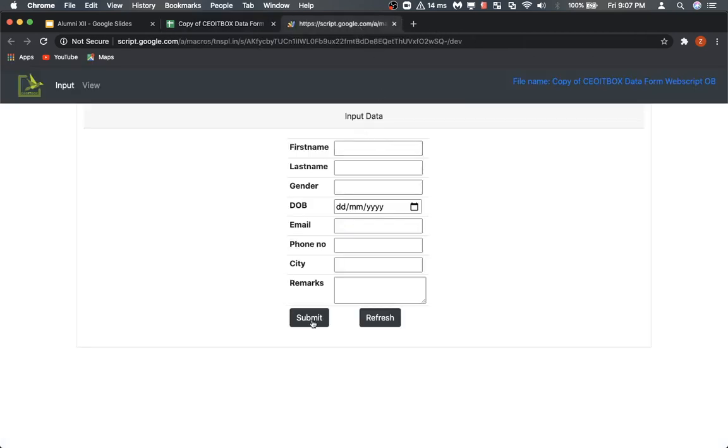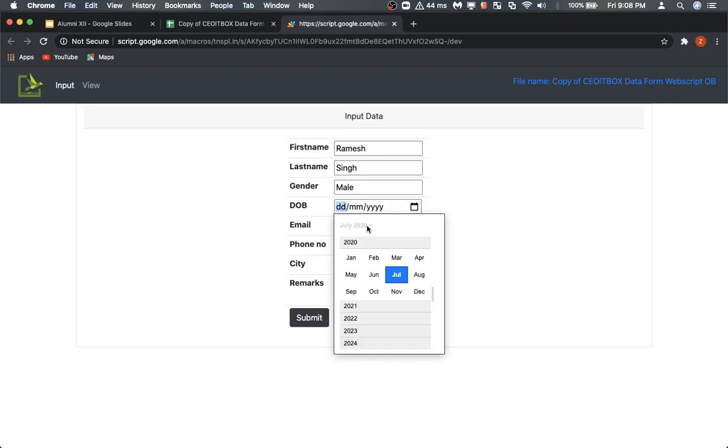Now here you can see this is the field where we can input all the data. So I can put, say, Ramesh Singh, mail, and you can see we've got the date here. Very easy, so you can easily select.